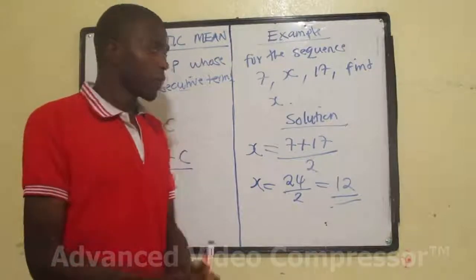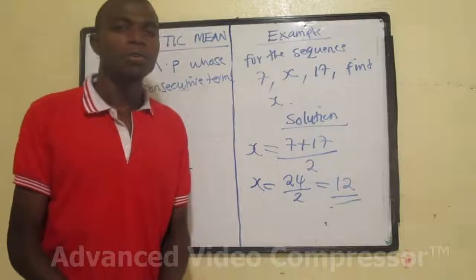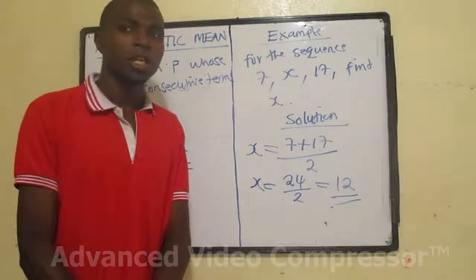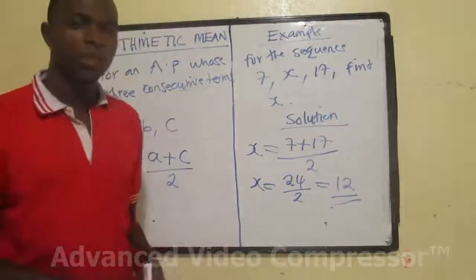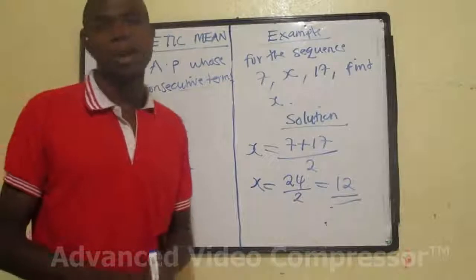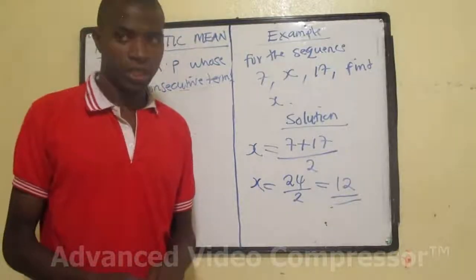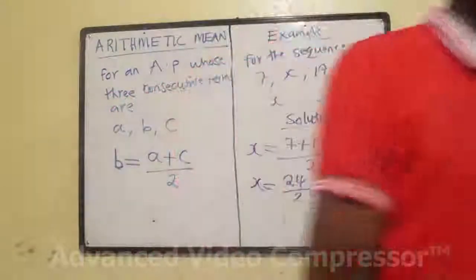Make sure you check out the next video, where we are going to be looking at another type of sequence, which is called a geometric progression. All this information that we have done will come in paper 1, and you are not going to be required to use a calculator.